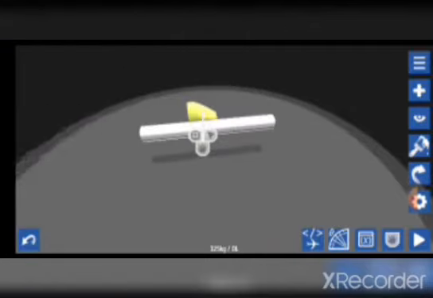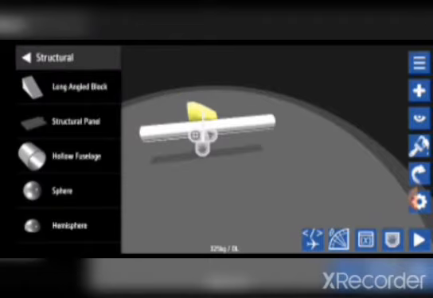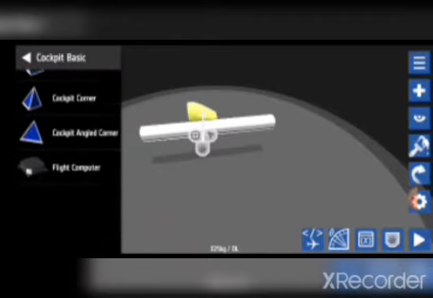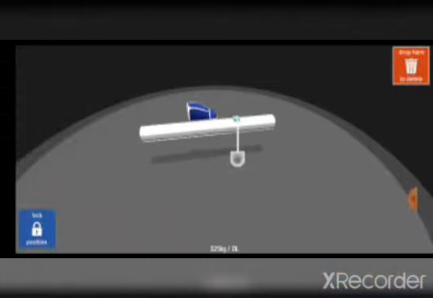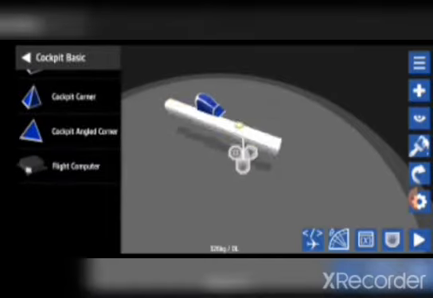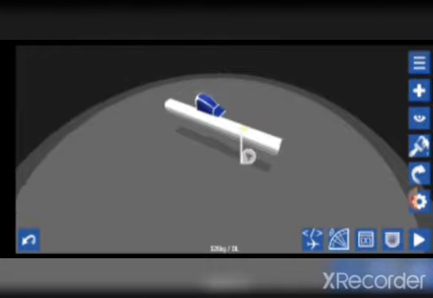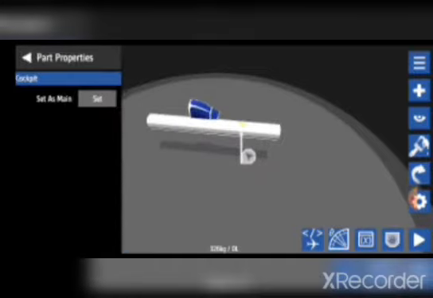Now we can add another cockpit. So go to cockpit basic, scroll down, flight computer. You can see it fits right into the fuselage. It can be quite a work to position the part well. I think we should just leave it there. Okay, it's even centered. Alright, so what we're going to do now, click on setting again, set as main cockpit